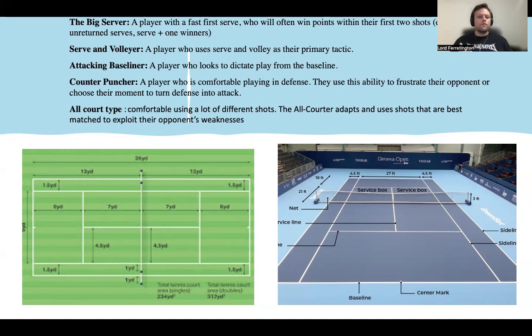Then you have a player who relies on the serve and the volley. So the serve and the volley is their primary tactic. Then the attacking baseliner: a player who likes to dictate the play from the baseline, right over here. Then the counterpuncher, who is comfortable playing defense. They use their ability to frustrate their opponent and choose their moment to turn their defense into an attacking offensive